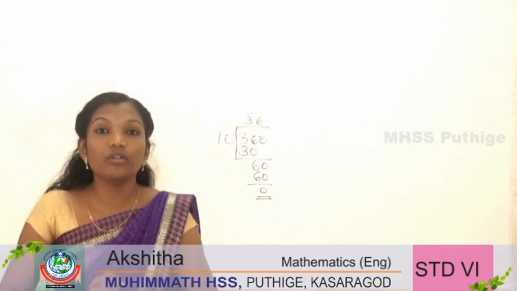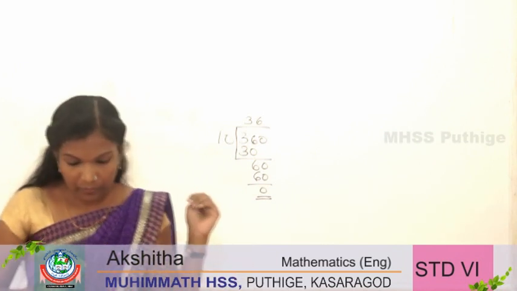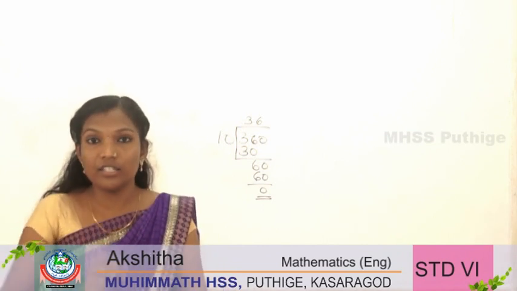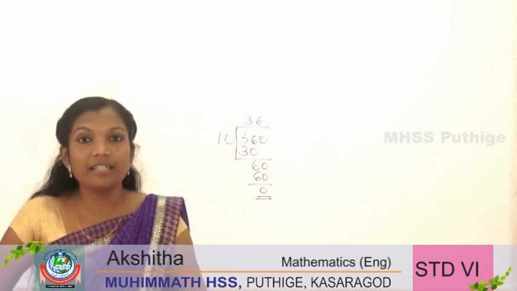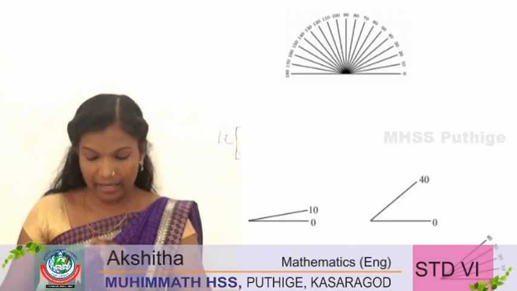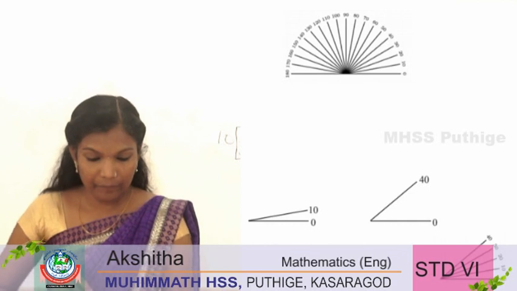Okay. Here we cannot use set square to divide the circle. So what we can do there? There is a device in your geometry box. It is called a protractor. You can see that on picture. You can see numbers at the end of each line. See the numbers from 0 to 180.